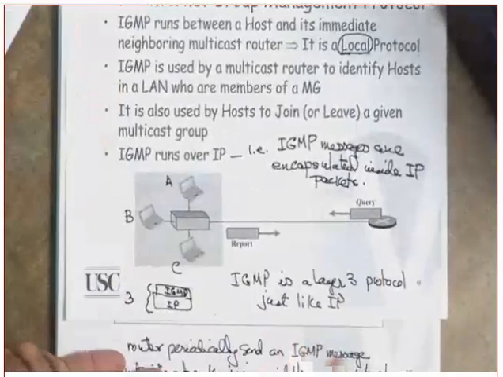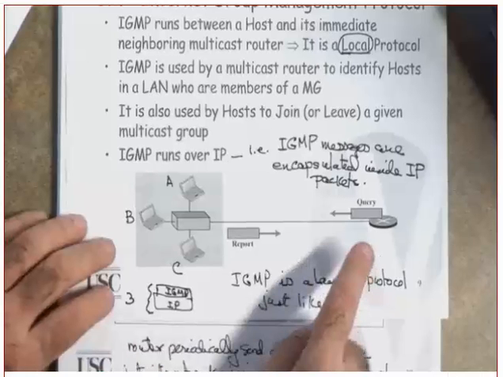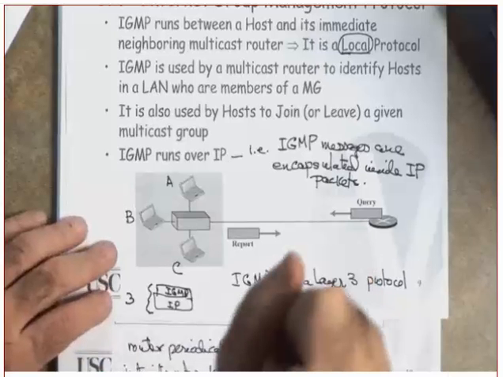Now, what do you mean by spanning tree? A spanning tree is a tree with no closed loops. So first construct a spanning tree, and the nodes or routers are only along the spanning tree. This one here, for example, is not part of the spanning tree, so there won't be any packets forwarded to it. The packets will only be forwarded over the links that make up the spanning tree.